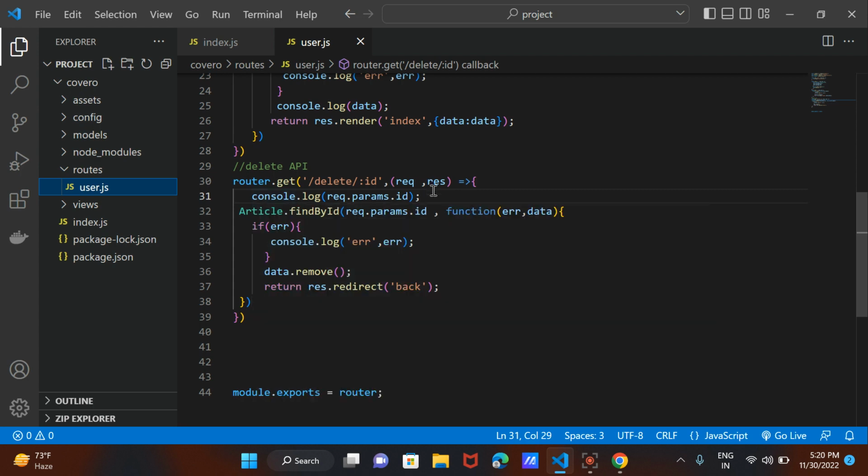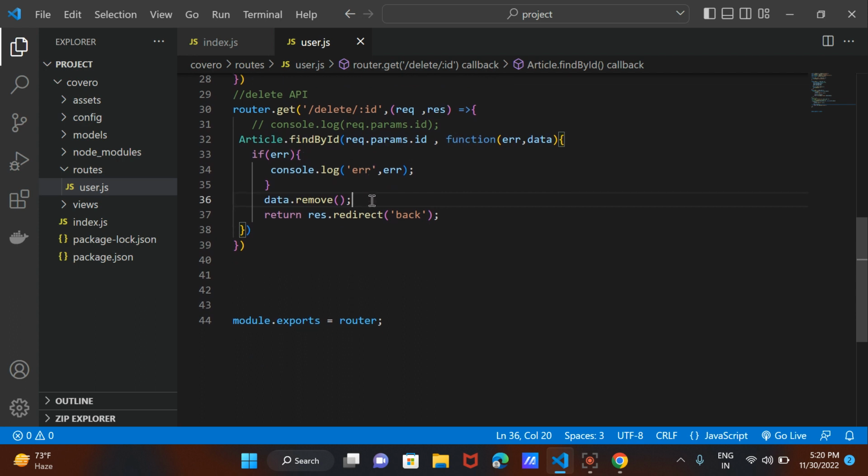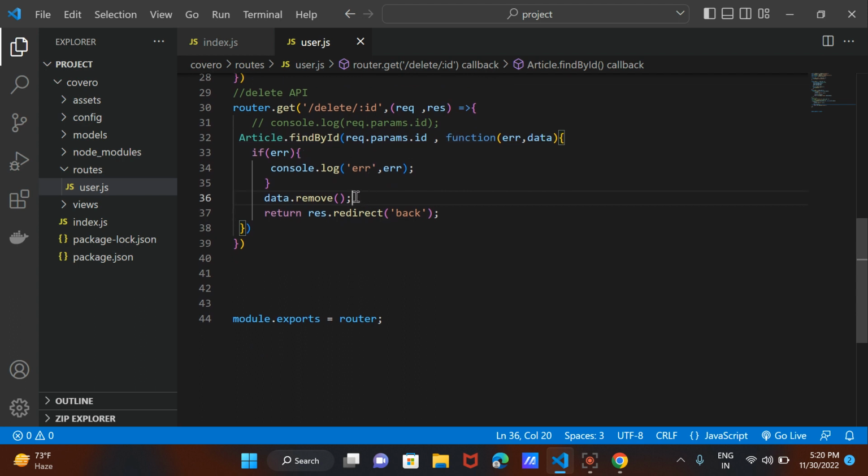It is for my confirmation that the code is working. If I comment it out, then there is no error in the code, I think. Then we find the id and write the function. If error, then it prints error, otherwise it will remove the data from the home page. So I think you got the code, how the code works in the project. Now we will discuss